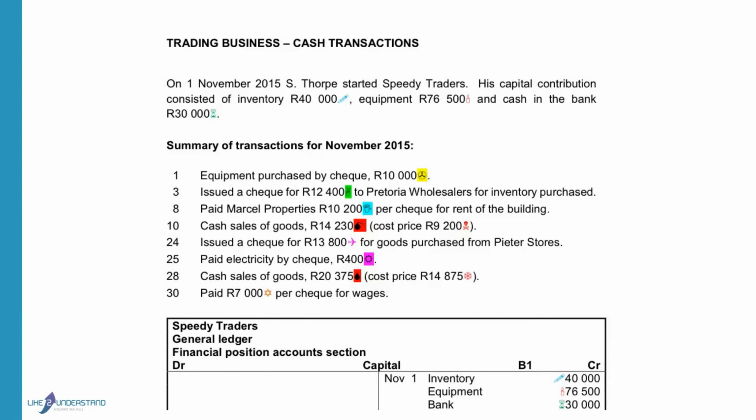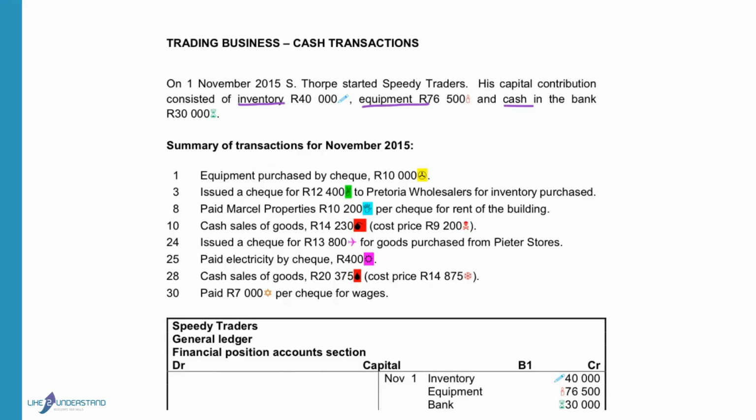On 1 November, S. Thorpe started Speedy Traders. His capital contribution consisted of inventory, equipment, and cash in the bank. So it means all three of these assets were brought into the business. So you will debit your asset account and you will credit capital to indicate that his capital contribution increased with